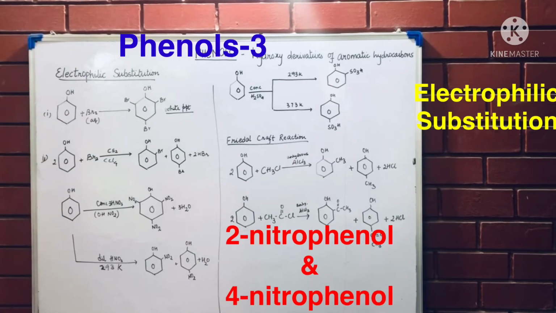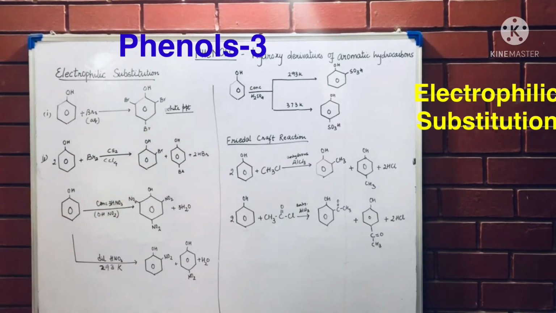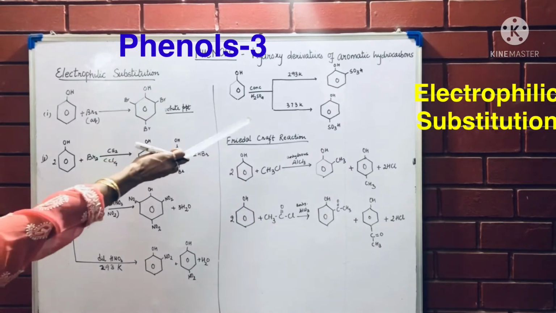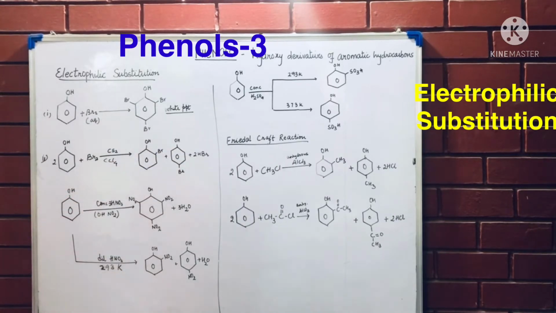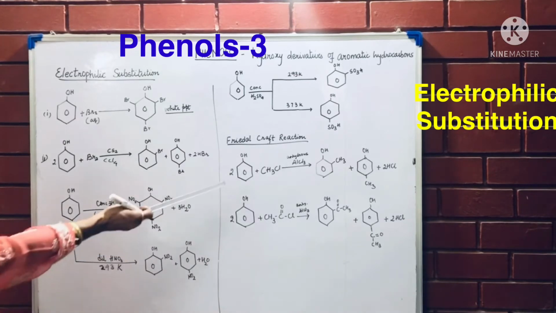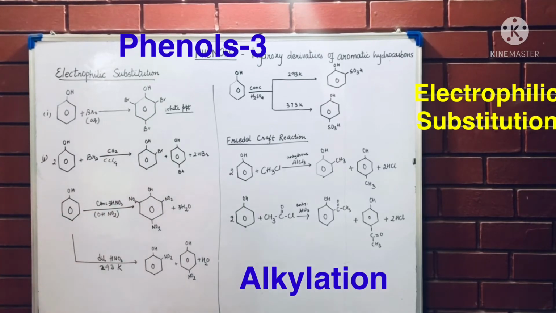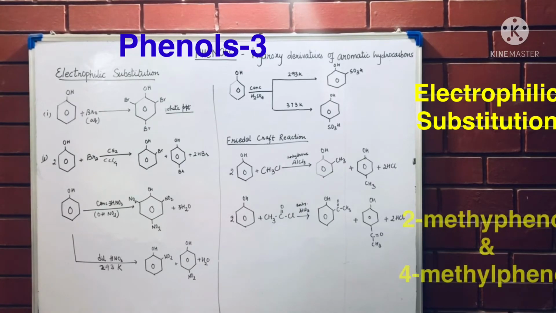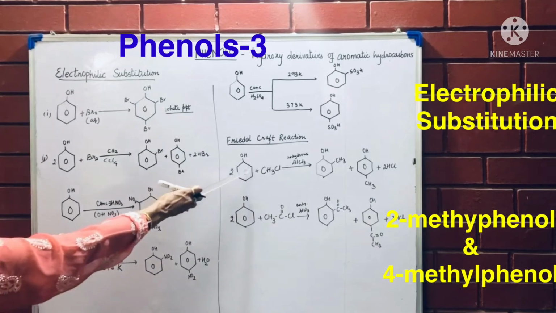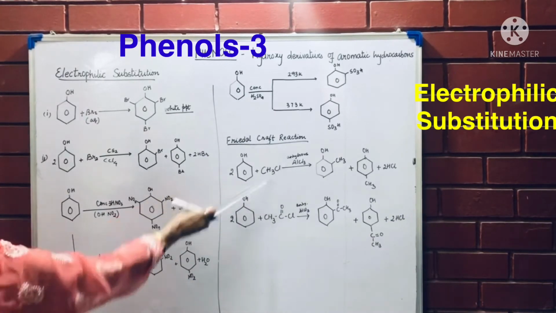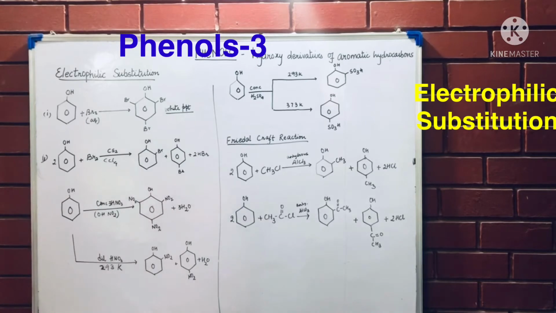Similarly, when sulfonation takes place at two different temperatures, at one temperature ortho product is formed and at another temperature para product is formed. Now Friedel-Crafts reaction always takes place in presence of anhydrous aluminium chloride. So the first one is called alkylation because an alkyl group is added, CH3 group is added. Now CH3 group has been added to the ortho position, and the other product is at the para position. And since you have removed hydrogens from these places and this Cl from here, it forms HCl.